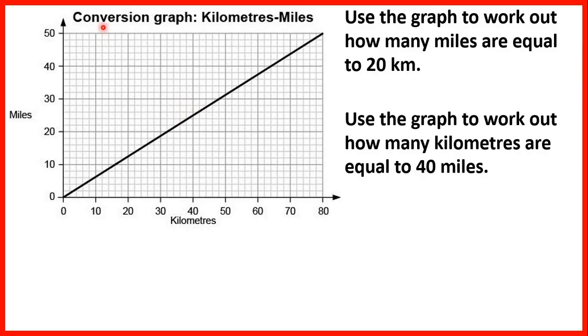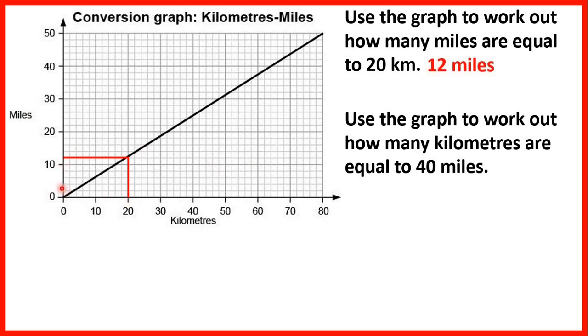So here we have a conversion graph for kilometres and miles. Use the graph to work out how many miles are equal to 20 kilometres. So we have kilometres along the bottom here, and if we find 20, what we can do is draw a line up, then a line across from where it meets the line on the graph. So how many miles do we have here? Well, we have 12 miles